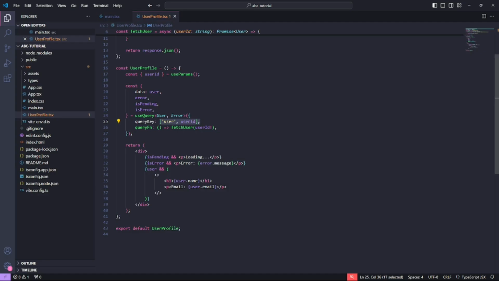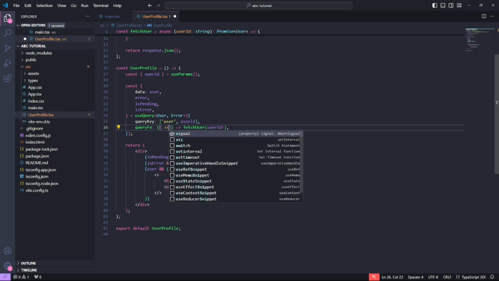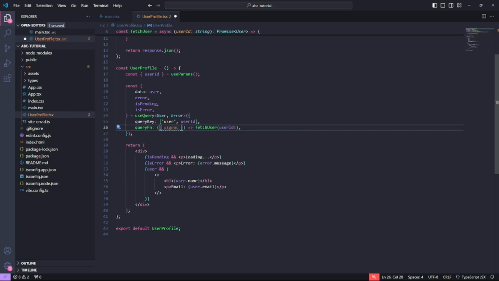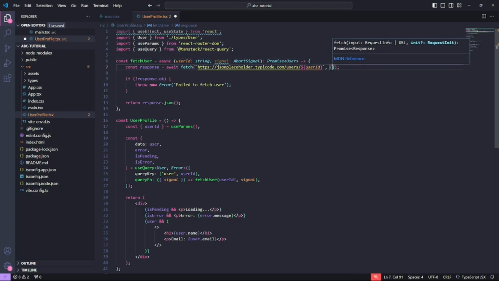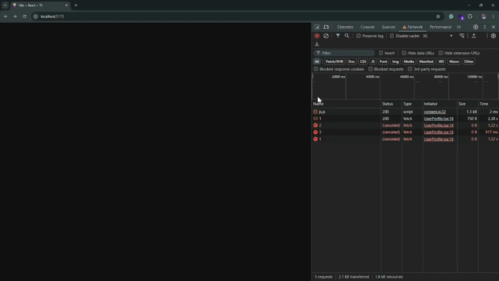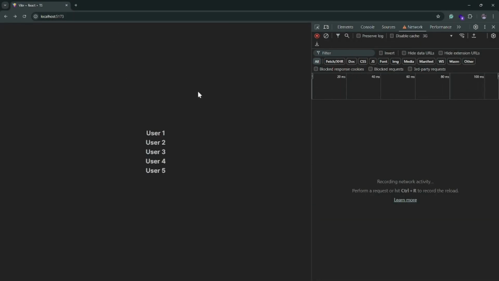So inside this query function, we get access to the signal param, and I can directly pass it inside this fetchUser function. Now I need to use it here. So it's going to be signal, which is of type AbortSignal. And I can use this inside this fetch function, just like we did earlier. And that's it. If I save this and go back to the browser, again, it's pretty much going to look